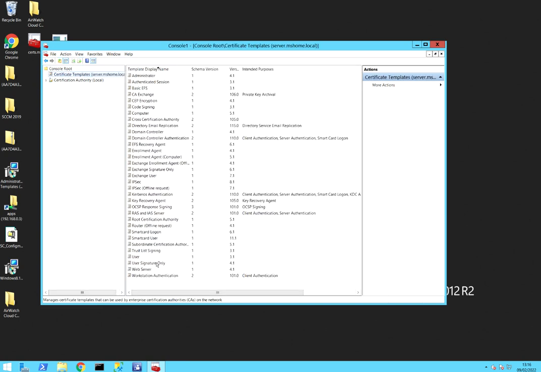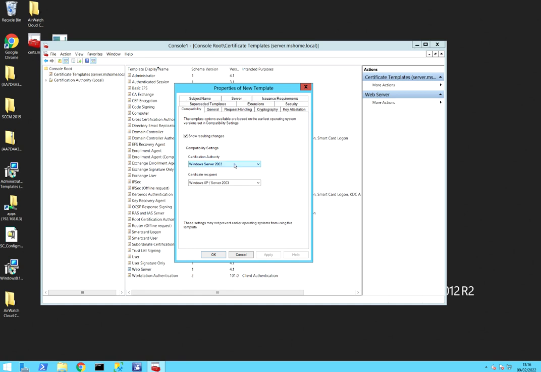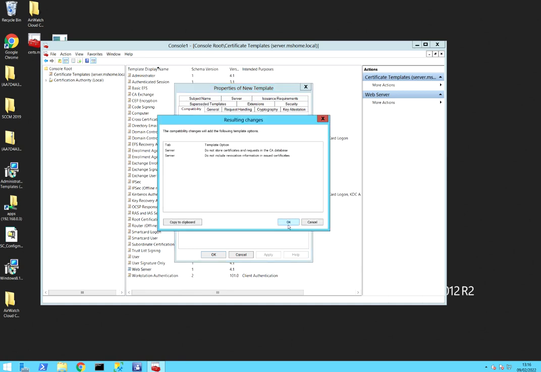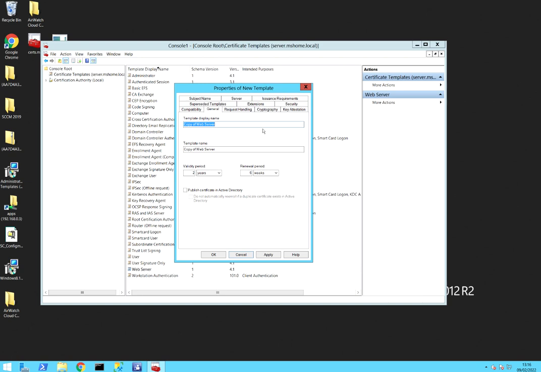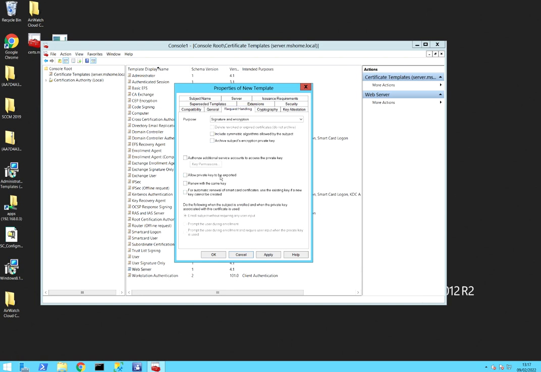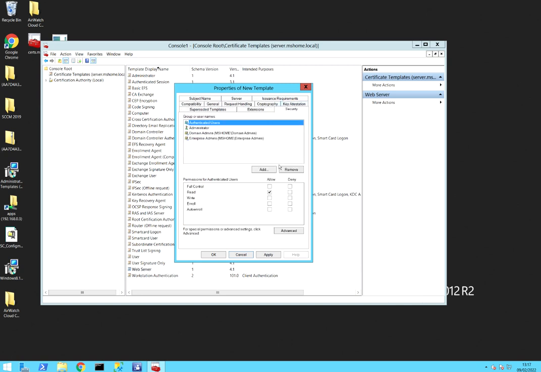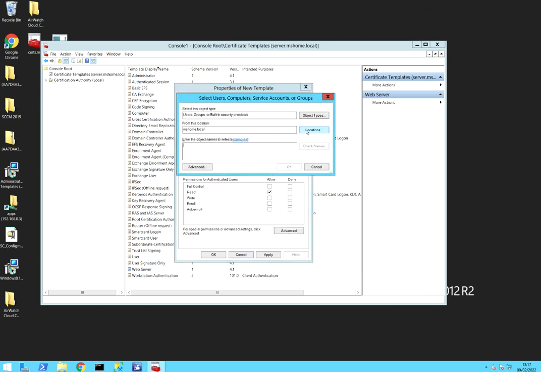So first of all, we're going to base our new certificate on the web server default one that's there. Now pick your compatible operating systems, and in my environment I'm going to pick the newest. General, let's give it a name. Request handling, allow private key to be exported, and on security we want to add the server or servers, if